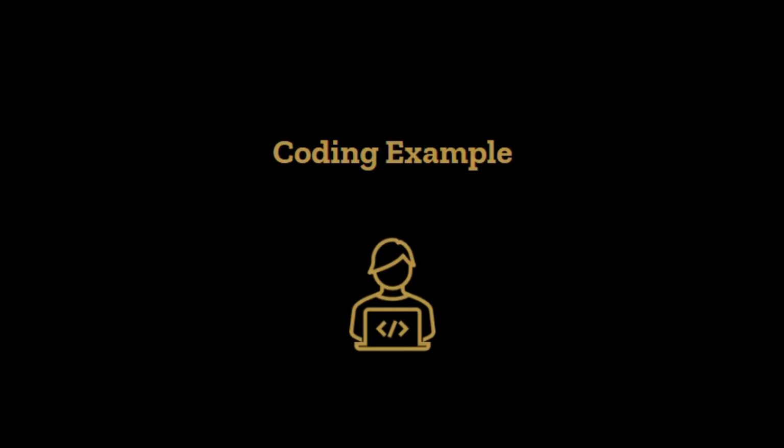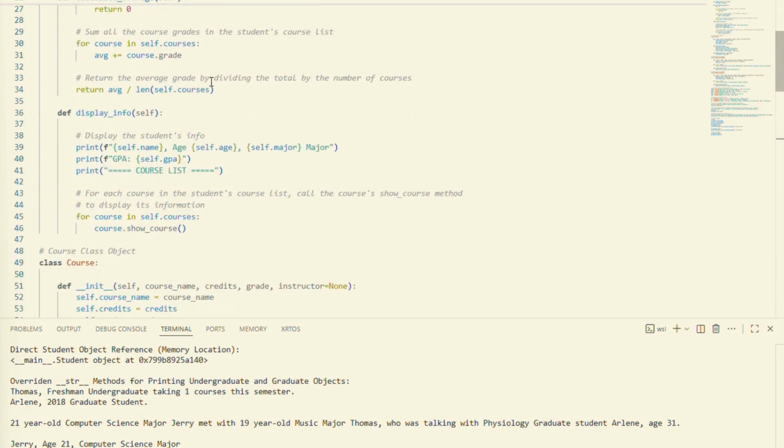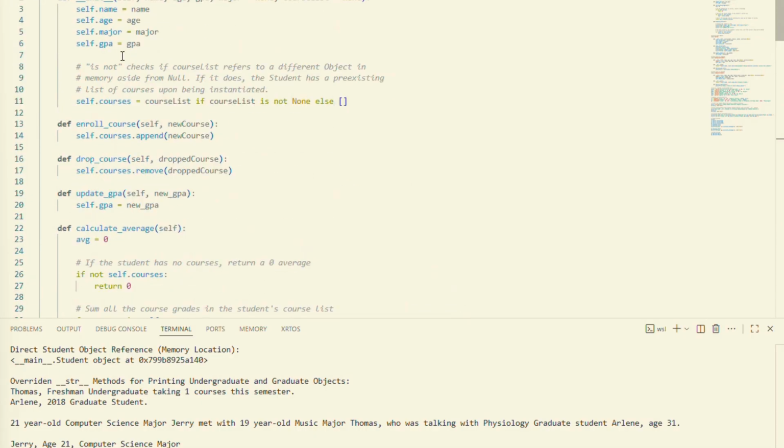To better illustrate these concepts, I'll be walking you through a brief coding example written in Python. Here at the top, you can see that I've defined a student's class with 5 attributes, and if I scroll down, 5 different methods. In Python, the init method is used to initialize an object's attribute variables with starting values